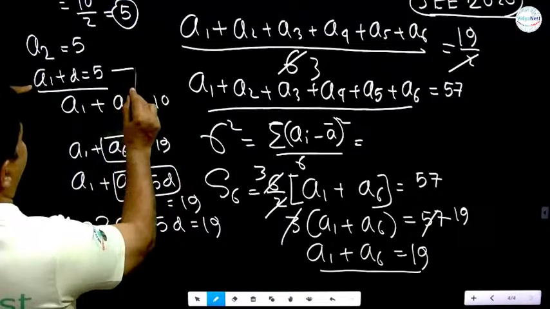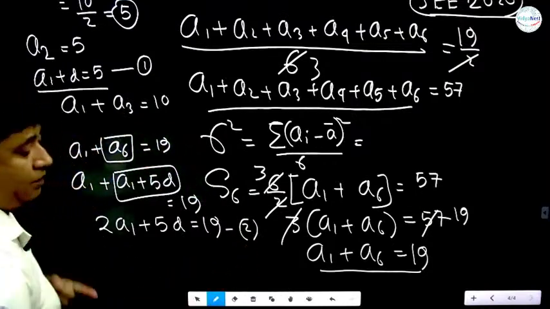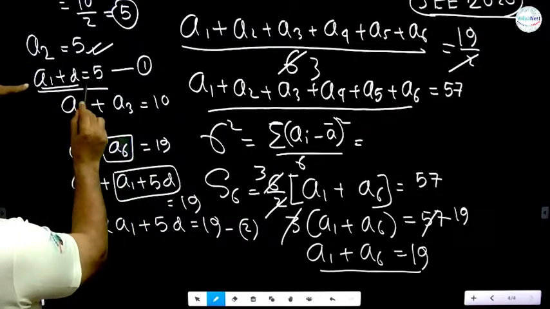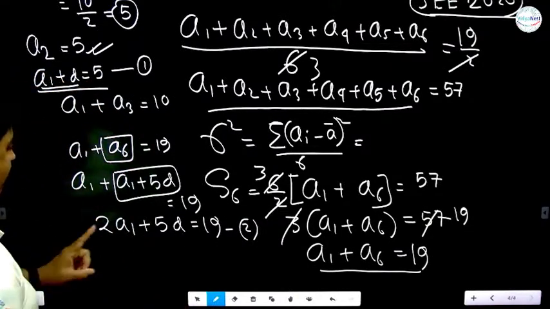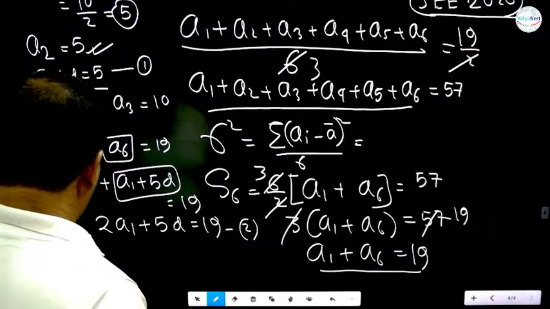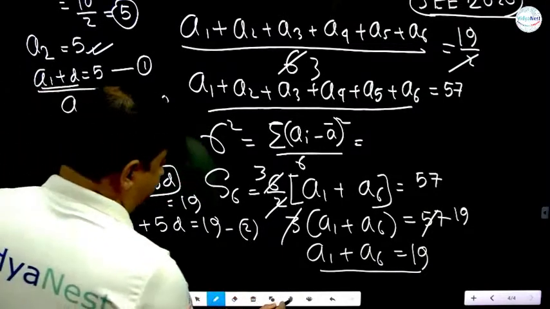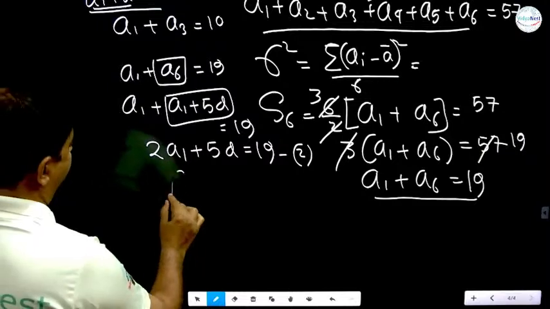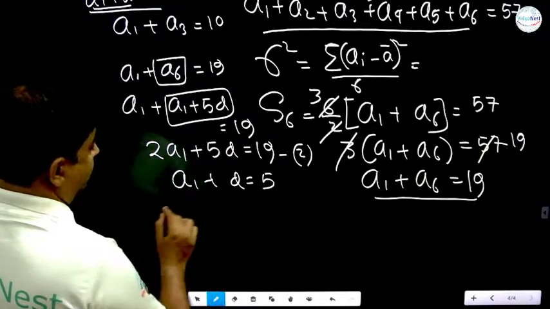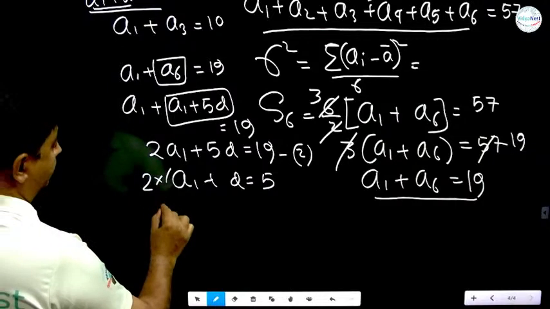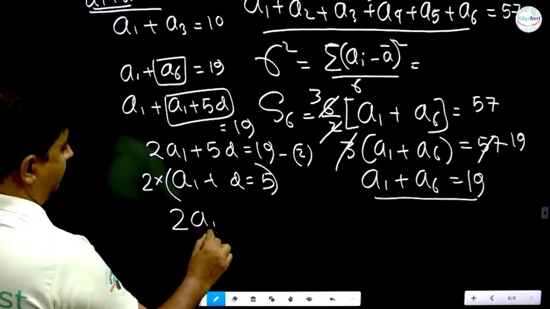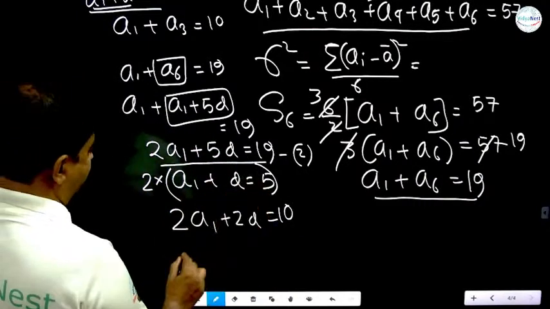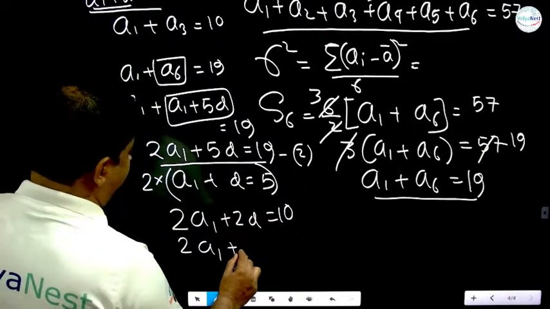सो देखो ये एक इक्वेशन, इसको 1 से और इसको 2 से हम डिनोट कर रहा हूं। इससे हमको A1 प्लस D मिला था 5, और यहां से मिला 2A1 प्लस 5D 19। इसको सॉल्व करने से हमारा सब एलिमेंट को अलग अलग वैल्यू मिल जाएगा। यहाँ पे मिला था कि A1 प्लस D 5। सॉल्व करना होगा, तुम एलिमिनेशन से करो। 2A1 प्लस 2D इज इक्वल टू 10, और इससे तुम ये इक्वेशन को सब्ट्रैक्ट करो, तुमको कॉमन डिफरेंस मिल गया।